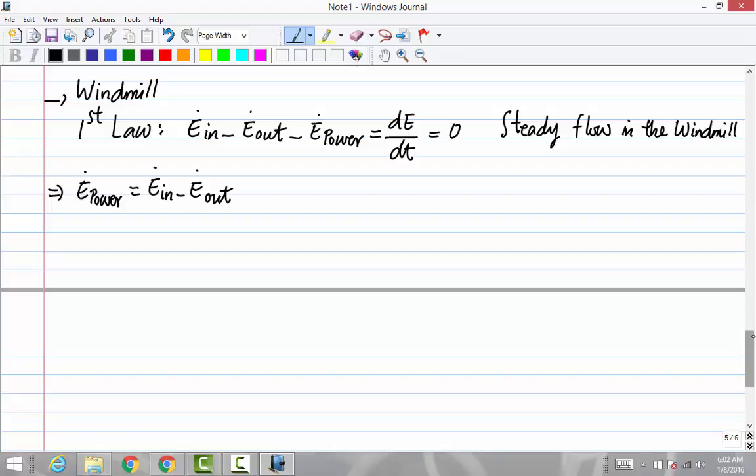These are the sensible parameters that I can work with, right? So I need to bring them inside my calculations. So m dot